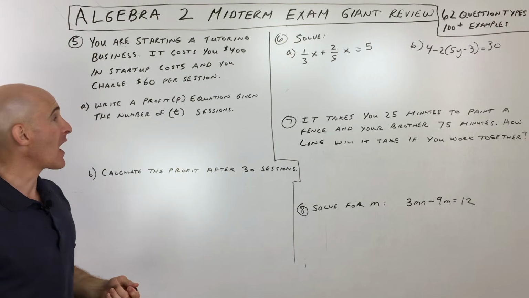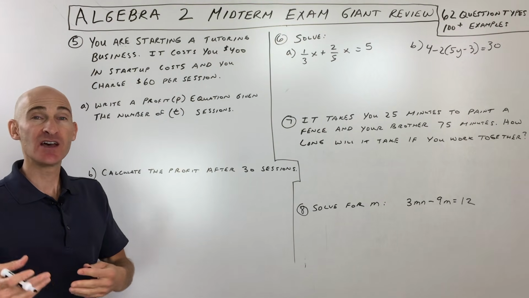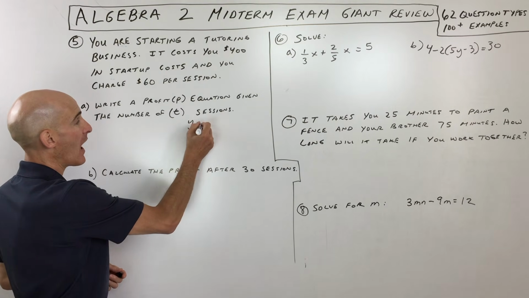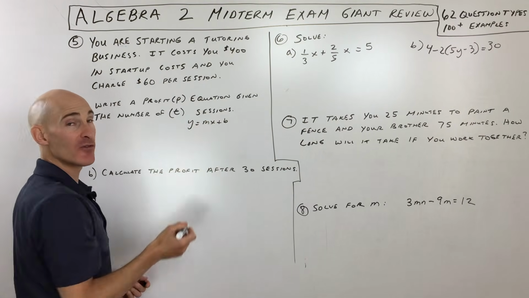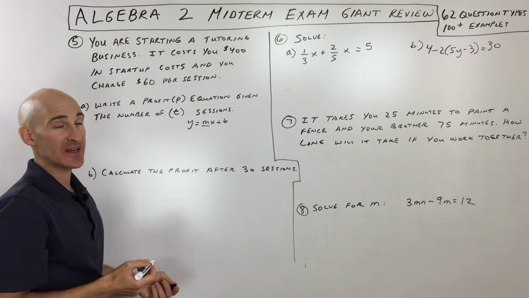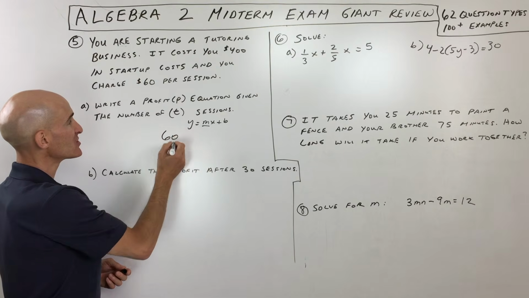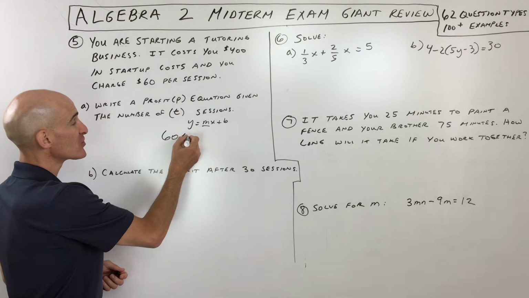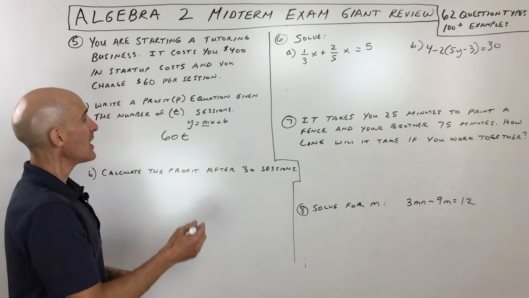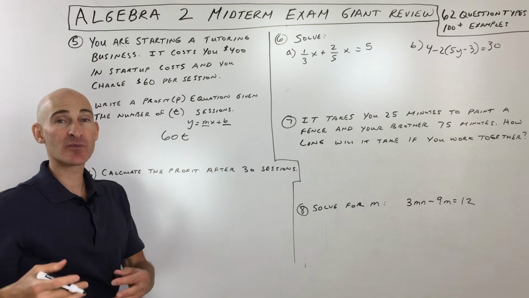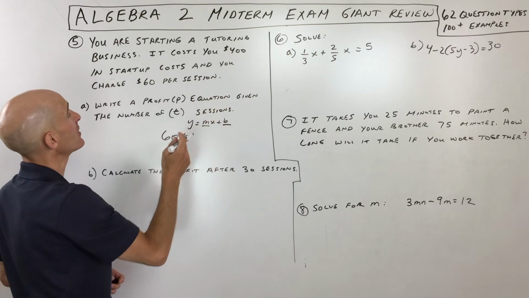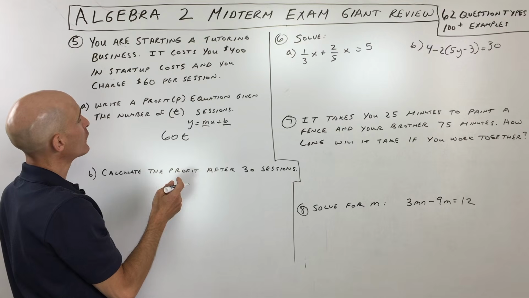Okay, this is a typical problem, and what they're testing us on here is slope-intercept form. So remember, slope-intercept form is the y equals mx plus b form of a line. And you can see what's happening here is that the m is the slope or the rate. In this case, this person's charging $60 per session. So 60 times the number of sessions, t sessions. And then b, that's the y-intercept, but in a story problem, that's the initial condition or the starting amount. In this case, the starting amount is $400.